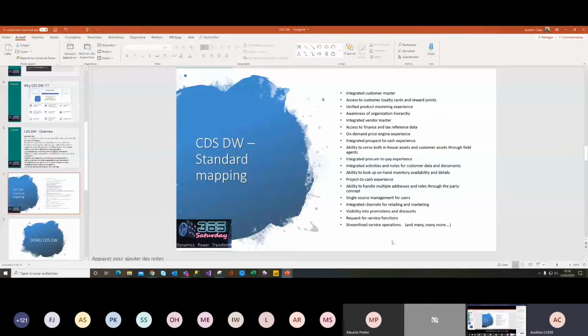So you can grab the solution coming from Microsoft and just after edit the flow mapping between finance operation and CDS, and also add your custom fields. For example, for customer master, if you want to sync the customer data entities from FinOps to contacts or accounts on CDS, but you have created a lot of new fields on your customer data entities in finance operation, you also want to have these new fields on your CDS. Of course, you can create the new custom fields on your CDS, and after that do the mapping. So yeah, a lot of process behind.